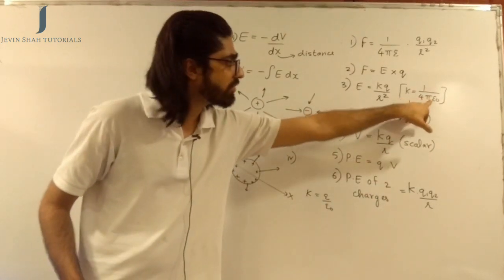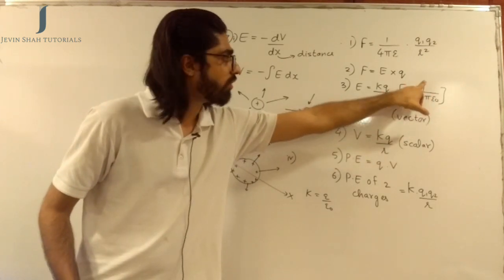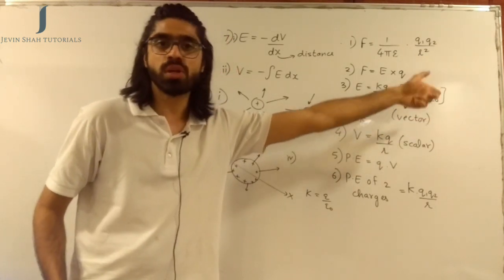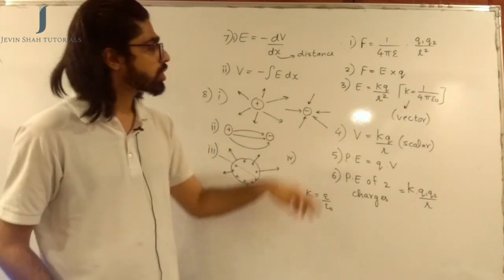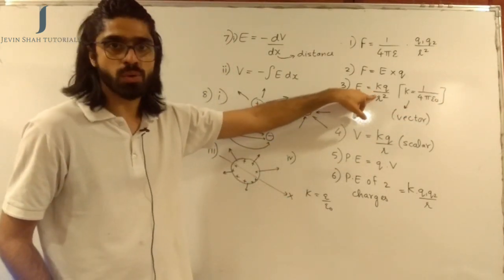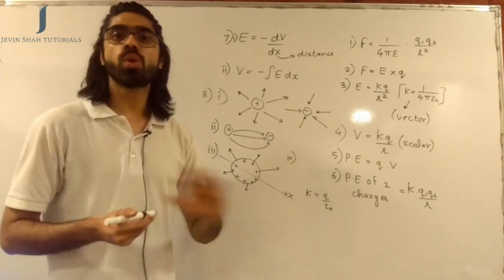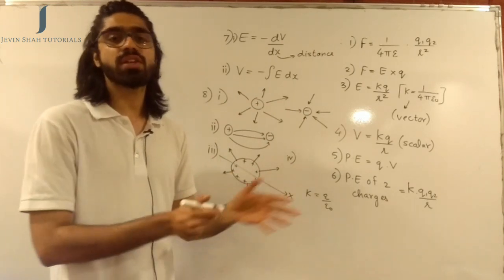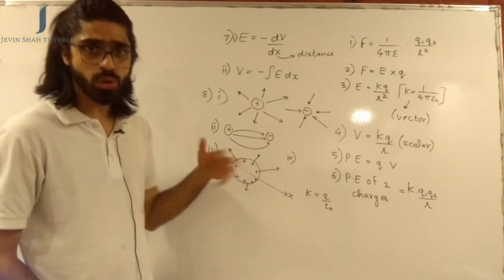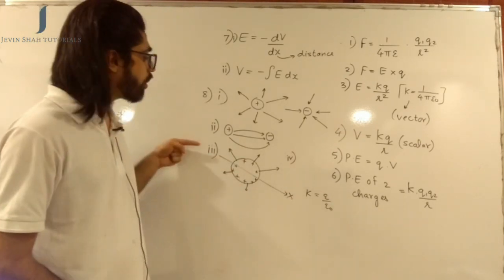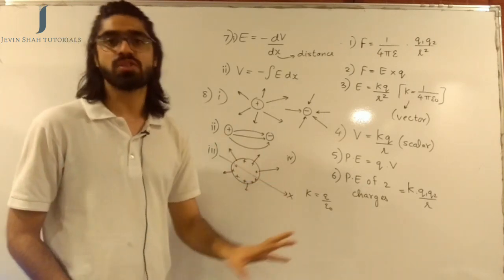So when you put that infinity in the denominator, you get 1 upon 4 pi epsilon naught into infinity. That's 1 upon infinity, which is equal to 0. So you get the value of E equal to 0. So inside a metal, there is no electric field. The value of electric field inside a metal will be 0. And because electric field inside a metal is 0, electric lines of force cannot penetrate through a metal surface.